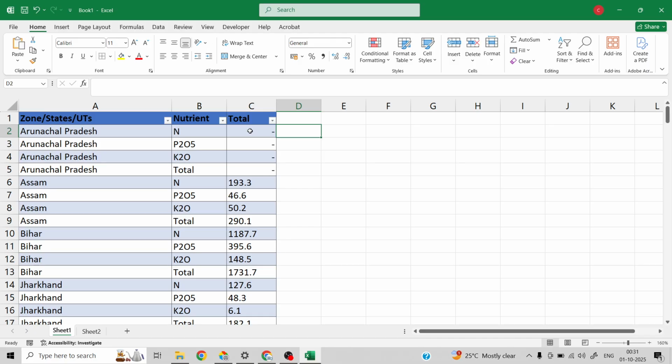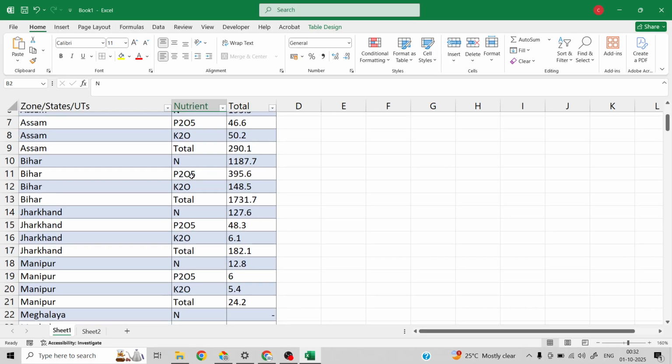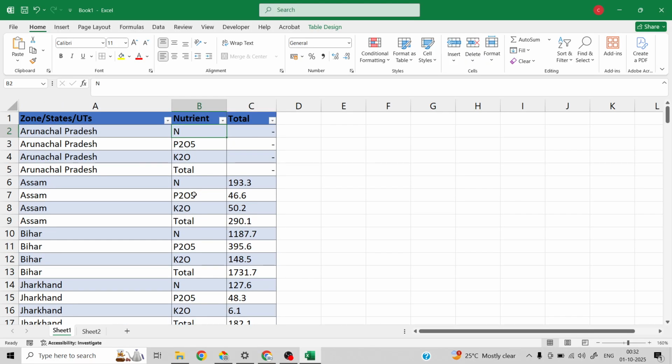Here I have a data set. I have different state level nutrition data and here you can see all my nutrition parameters are in long format. But in order to do some analysis, I need the data to be transformed something like this. So I need the npk and total variables in separate columns. But here my data is something like this. I have all my variables in a single column, and to convert this,